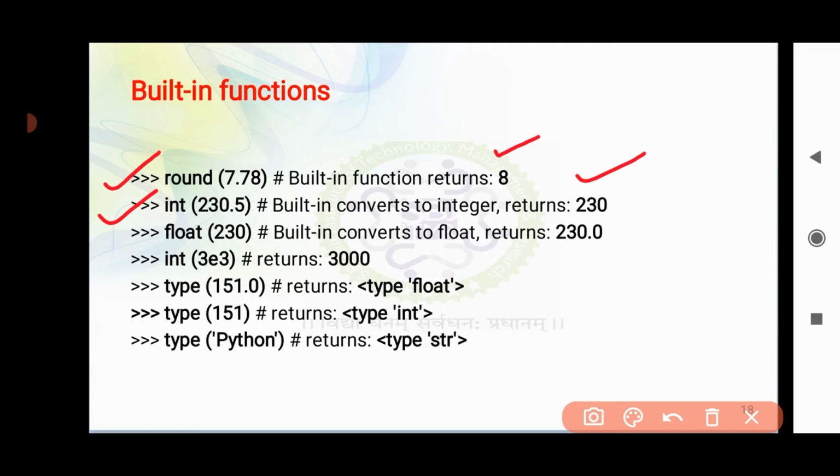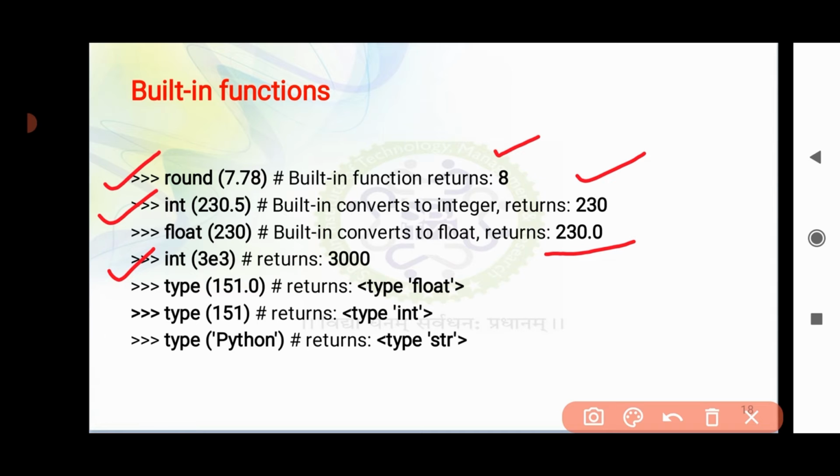Coming to the function float, here the value 230 is an integer value. Now this value will be converted into a floating point value. So the result is 230.0.